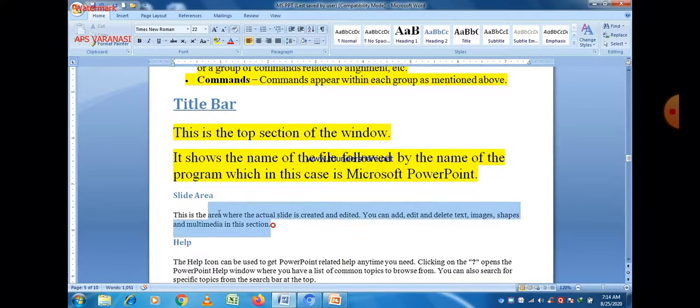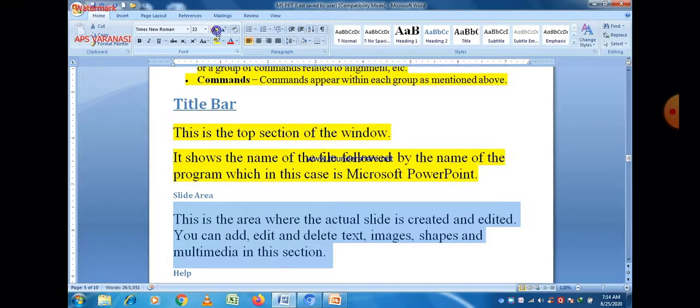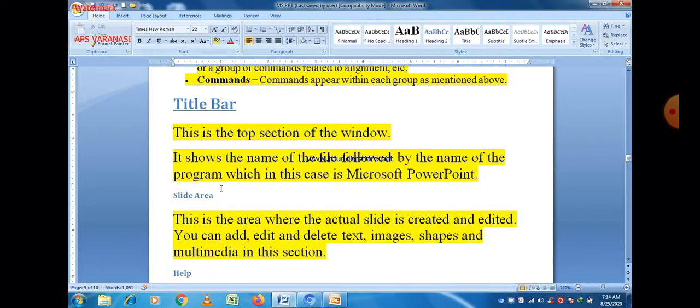Next is the slide area. So what is the slide area? This is the area where the actual slide is created and edited. All the work in PowerPoint presentations is done in the form of slides.